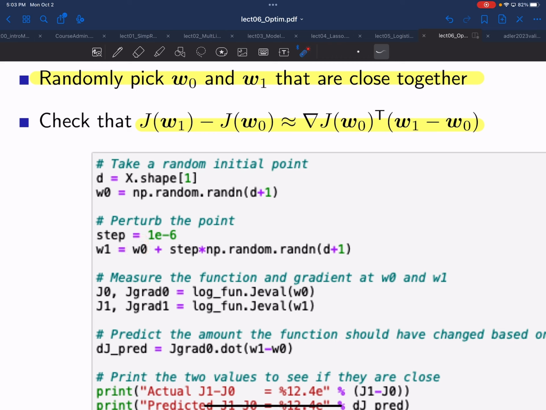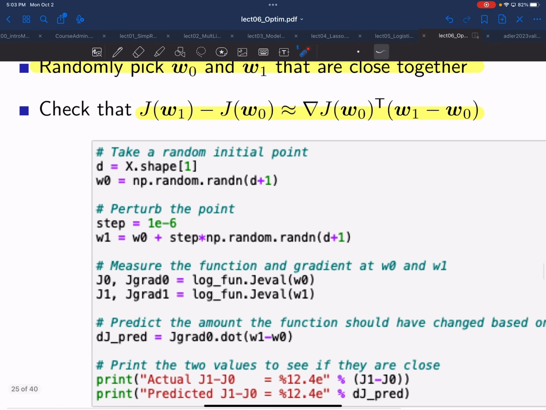So we're going to have another np.random.randn, but we're going to multiply it by a very small number, in this case 1e-6. So these guys are very close together, but both random. And then we're going to compute these values